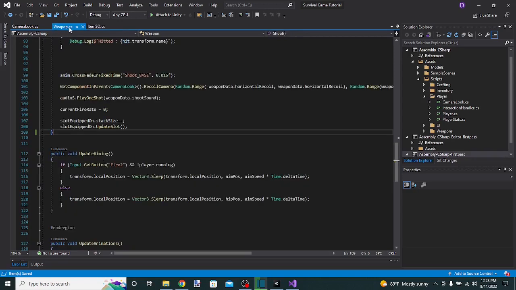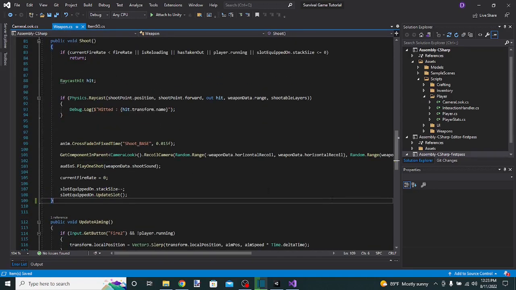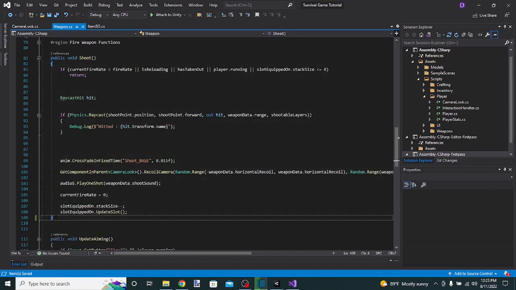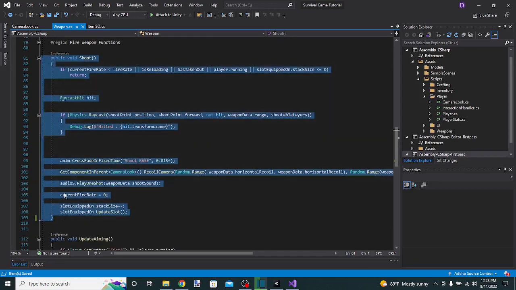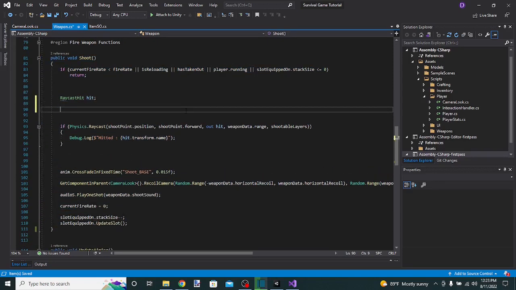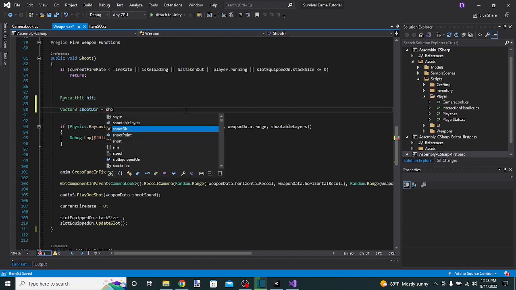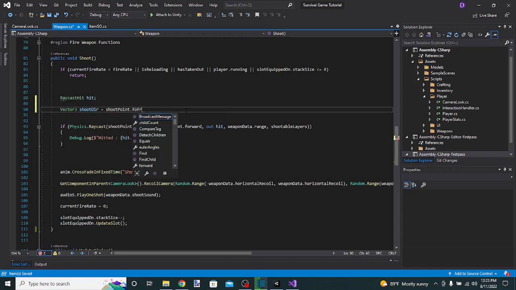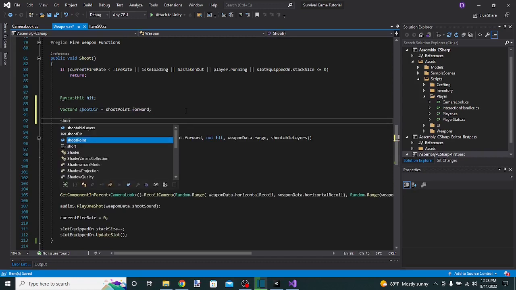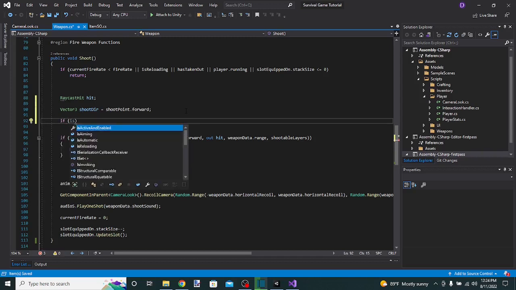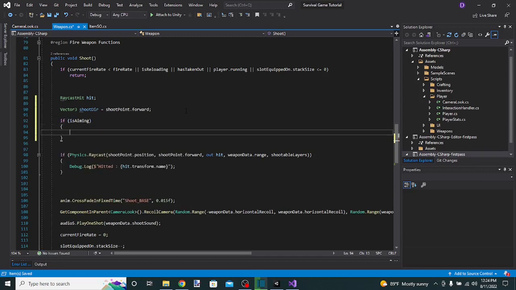Okay, so next thing, we're going to go into our weapon. And we're going to go to the shoot function and we're going to copy it. Actually, first, go in here and do the following. Do a Vector3 and call it shoot direction. I'm just gonna do shoot dir for short. And this is going to be equals to shoot point dot forward. Then we're going to randomize this for our spread. So shoot dir. First we're going to check if is aiming. We're going to do shoot dir